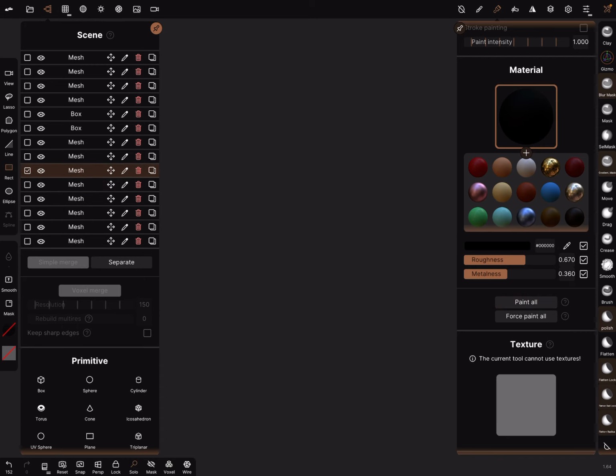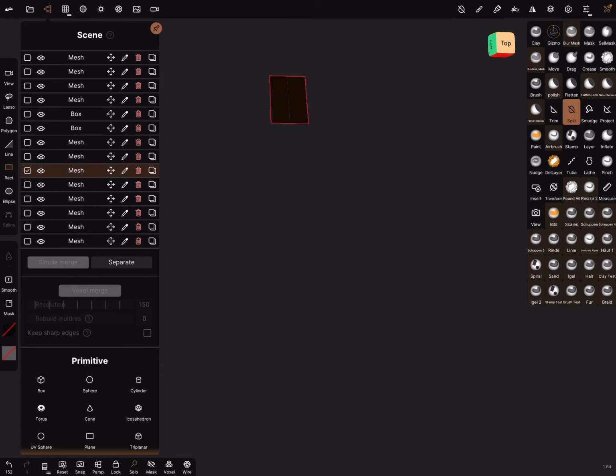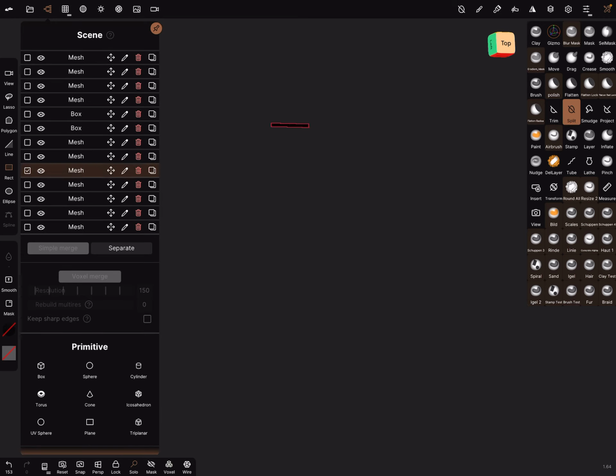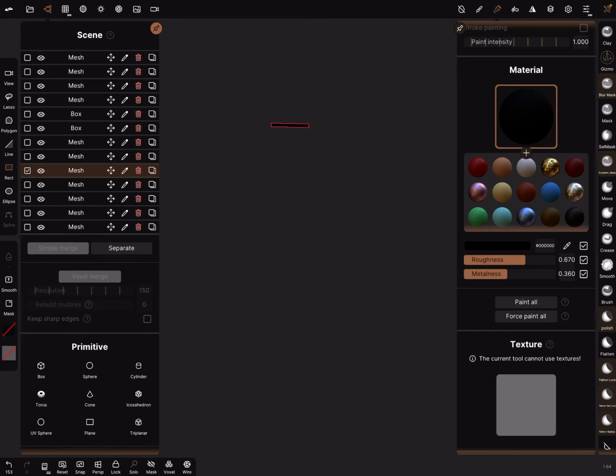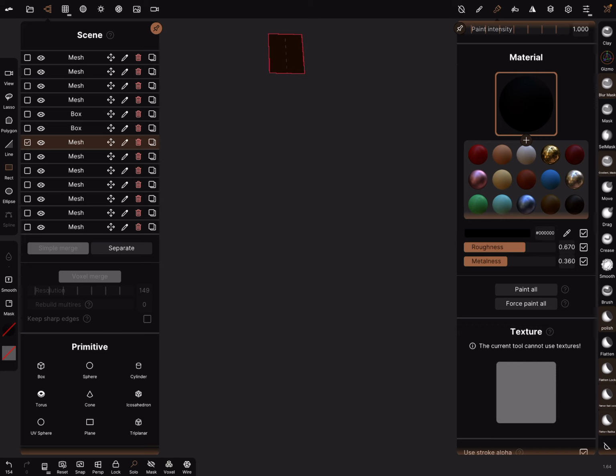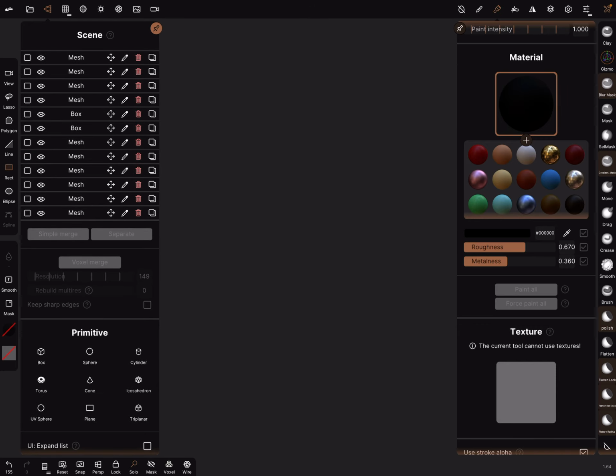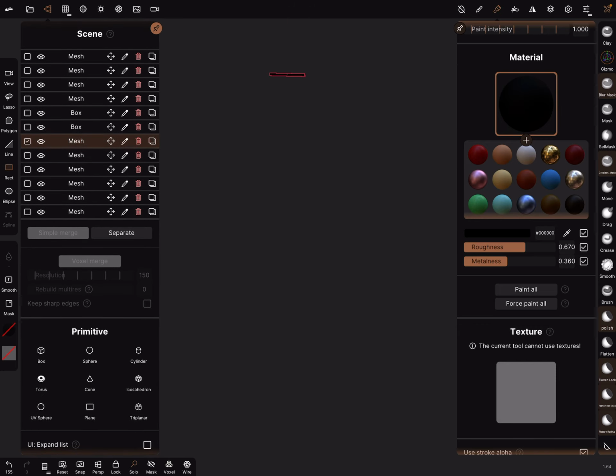Paint black. Delete. Paint black. And just delete. Mesh, mesh, mesh, mesh.